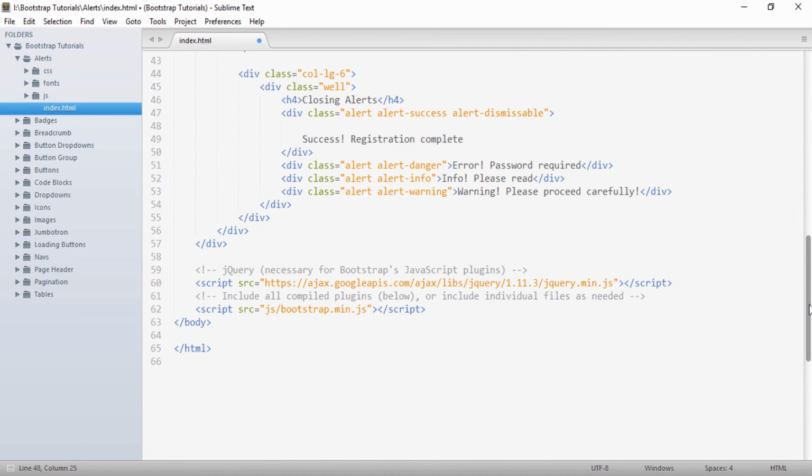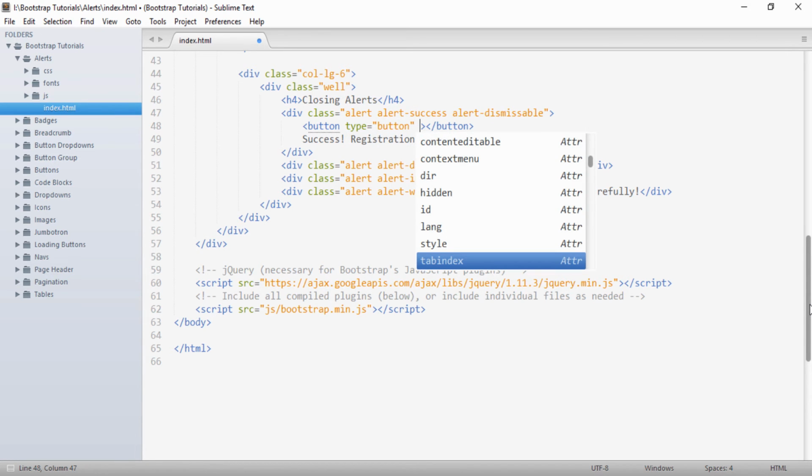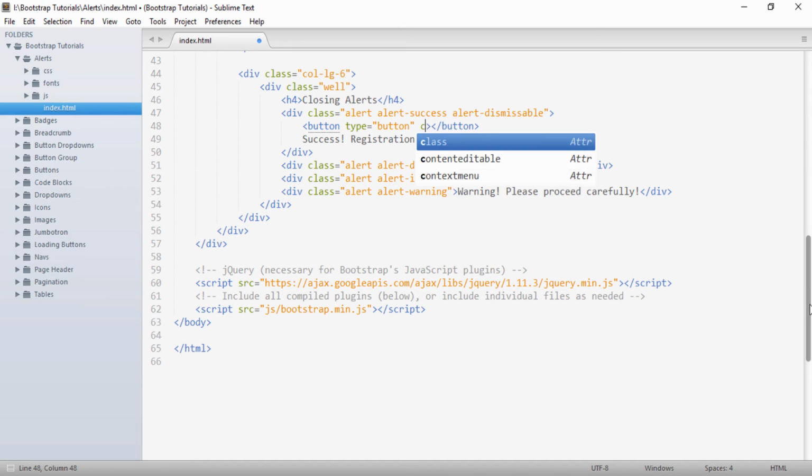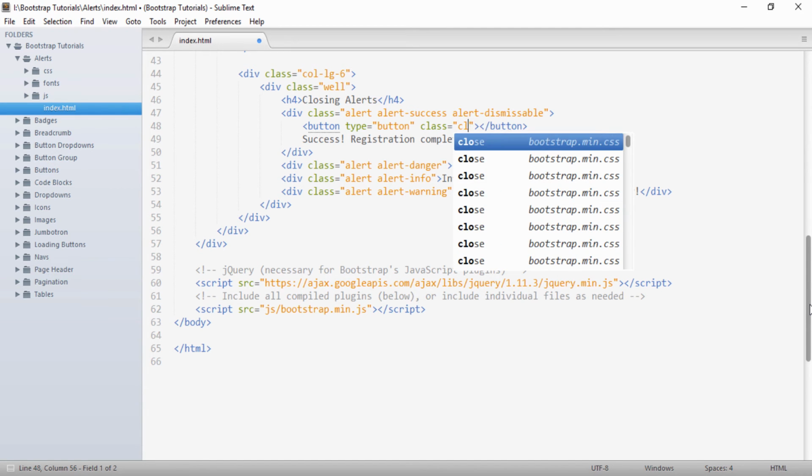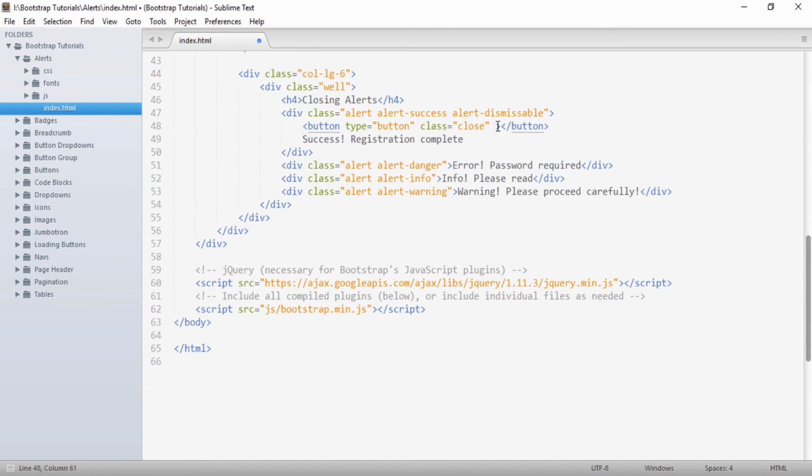So friends, we will create a button which will tell a user that we can even close this alert. So let's create a button. To this we'll provide a type of button, and to this button we will provide a class as close, and also we'll provide an attribute to it, say data-dismiss, and the value would be alert.